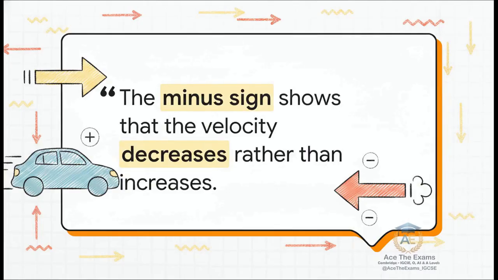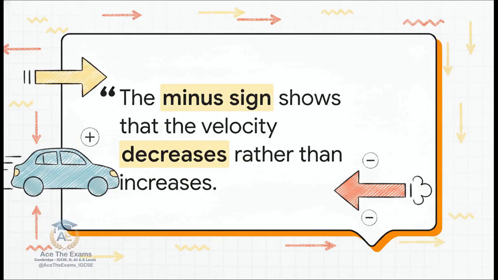And that toy train perfectly illustrates our next major strategy point. When you are dealing with vectors in these exams, positive and negative signs are not just abstract math. They are literal physical directions in space. An absolute expert study tip to lock into your brain is that a negative sign represents a specific orientation. For instance, if a car is traveling forward at a velocity of 35 meters per second and then slams on